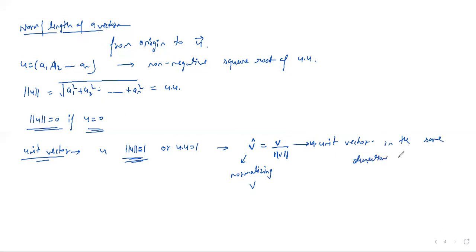Okay, so we can convert any vector to the unit vector by dividing it by its length. Okay, now